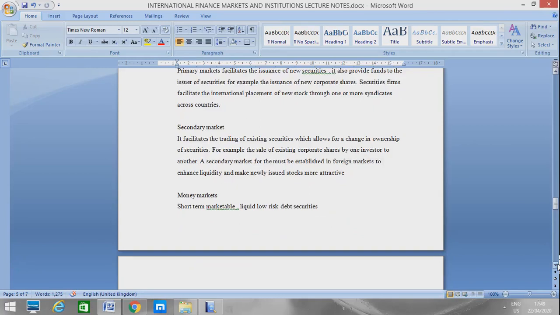Private equity firms are typically limited partnerships where institutional investors make a commitment